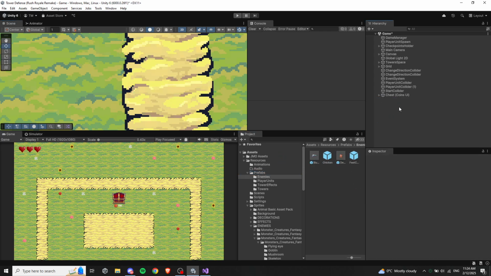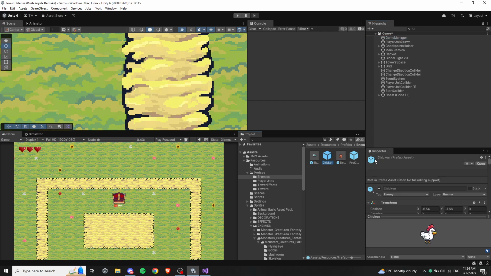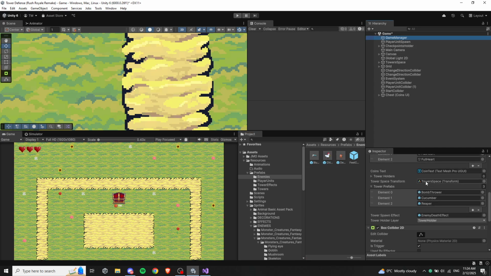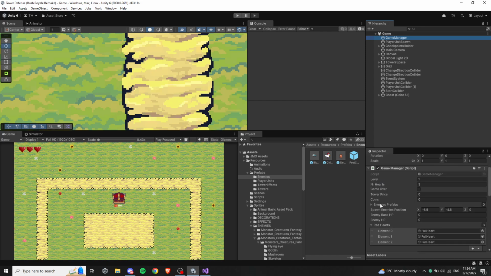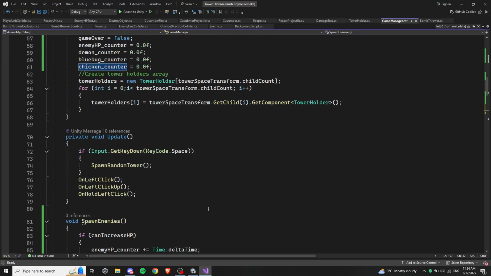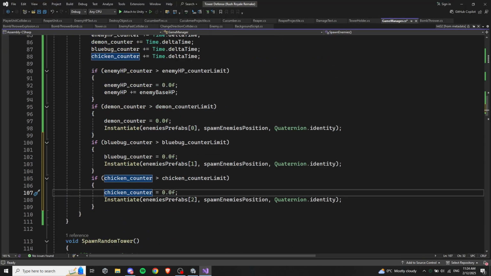Okay. And now we can add those here in our game manager. So here, where it says enemies prefabs, you add them in the correct order. So first the demon, the blue bug, and the chicken. And when we spawn these here, we want to give this the right HP value. So in our enemy script here,